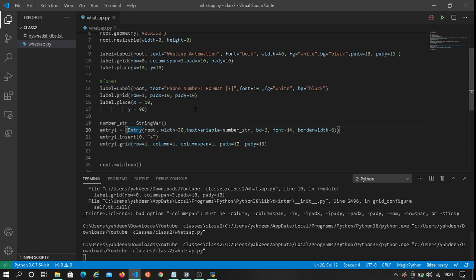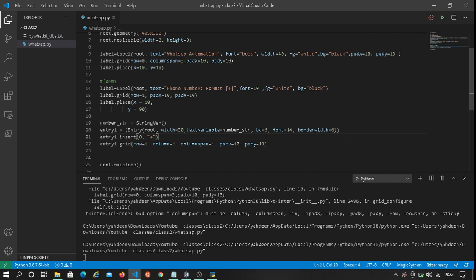Now when we set number_str as the textvariable, it interprets everything as a string. Here we set bd, the border, equal to 6, the font to 14, and border width equal to 6, and then entry1.insert plus.